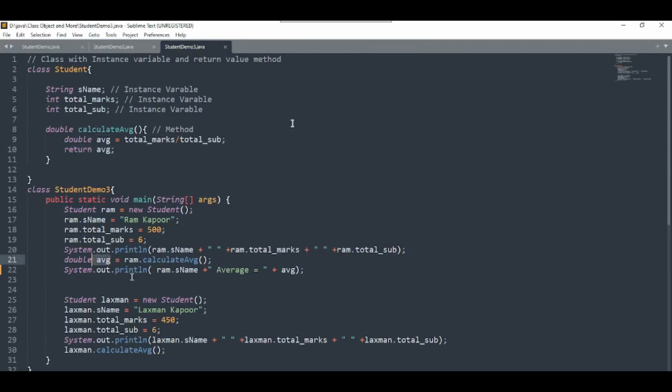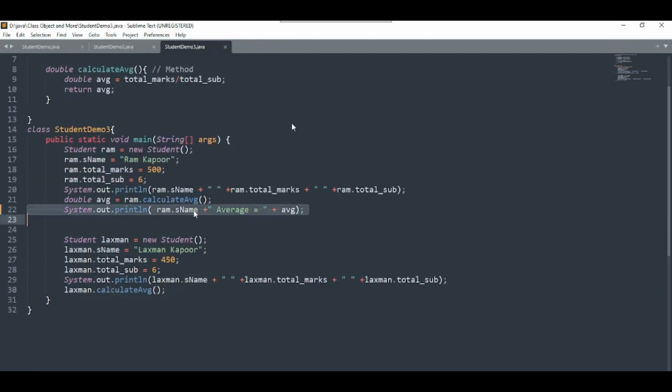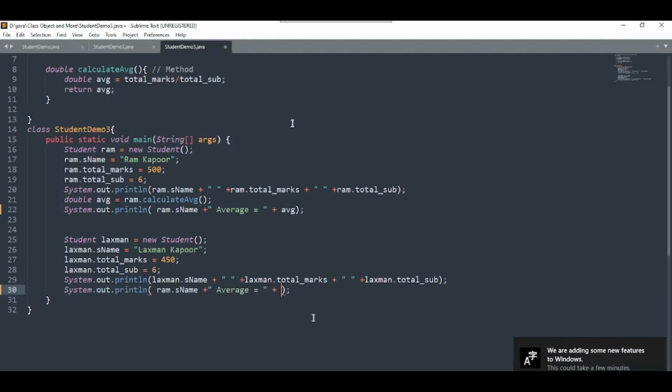But we have returned the value from the method, and we have printed the value in the output. Here also I am doing the same for Lakshman. Here also we have created an object named Lakshman. I am just changing the line of code; from here also we need to call the calculate average method for